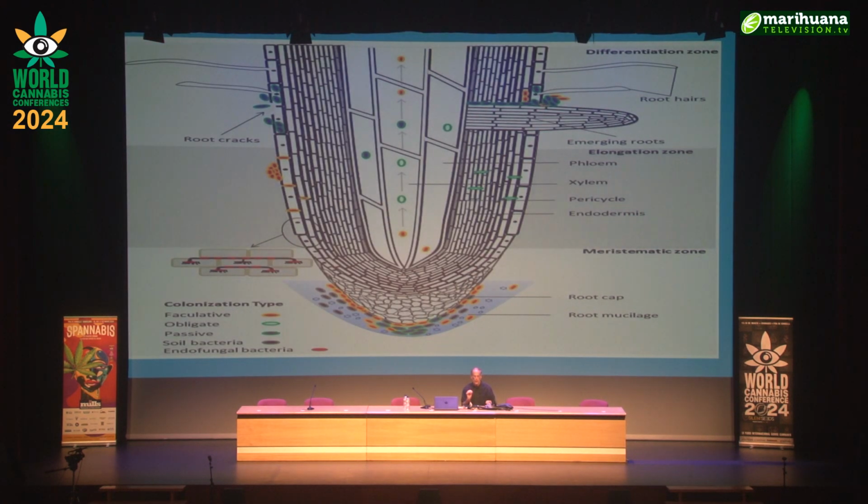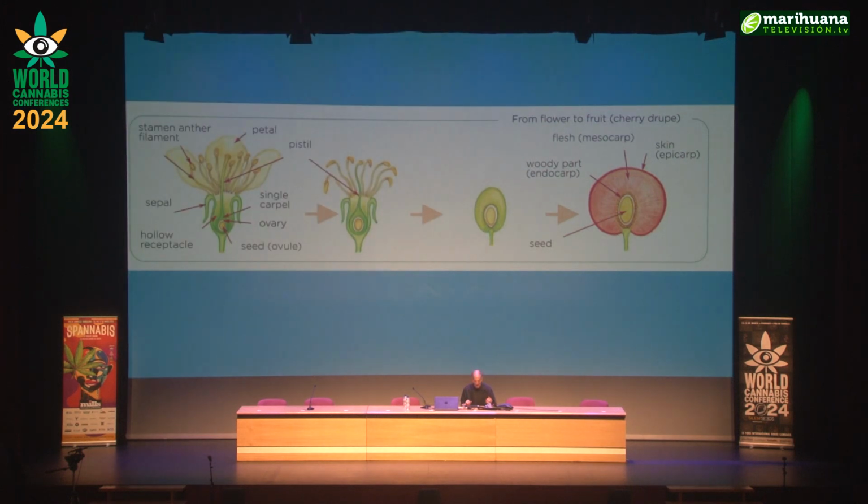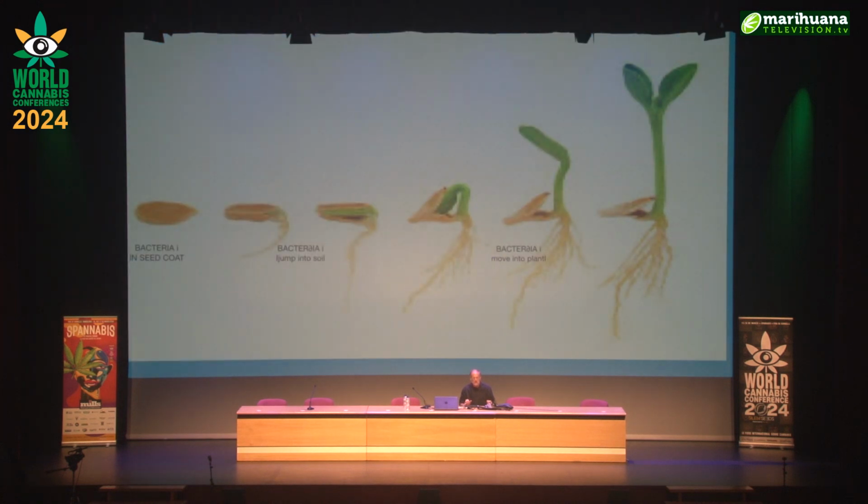Now, as these root hairs grow, with these rhizophagy bacteria in it, they create little cracks in the root itself where other bacteria, endophytic bacteria from the soil, move into the plant. They go up through the xylem and the phloem, and they move throughout the plant, and they do all sorts of wonderful things for the plant because they produce phytohormones. And eventually, they get up into the flower, and then they get captured in the flower and in a seed that's formed in the flower,